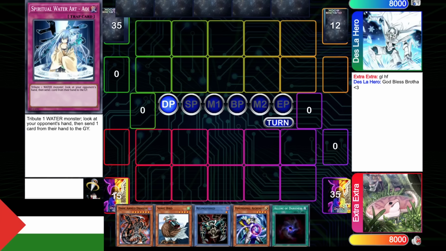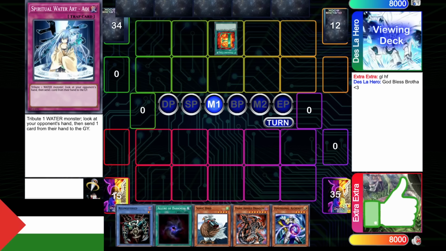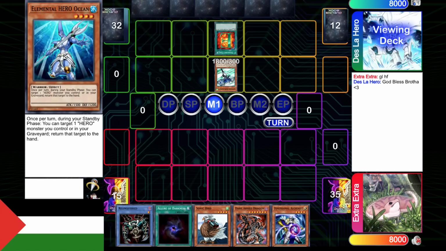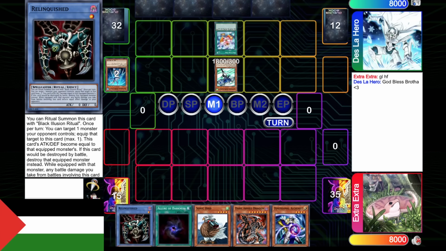Alright, next replay. Next replay is up against Desla Hero, aka Damien. He wins Rock, Paper, Scissors here. He's going to start off with E-Call for Stratos, search Oceans. A lot of Frog Hero I'm getting faced with, but it did win RBET, a couple of RBETs, and he